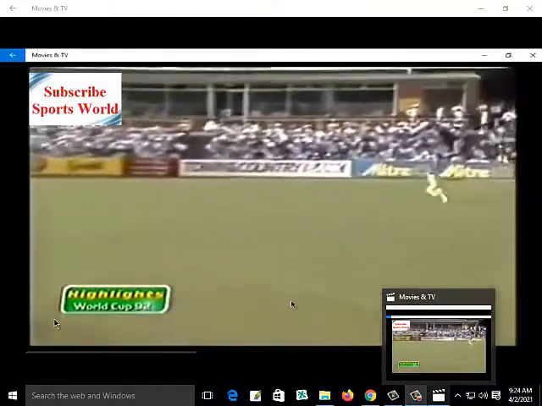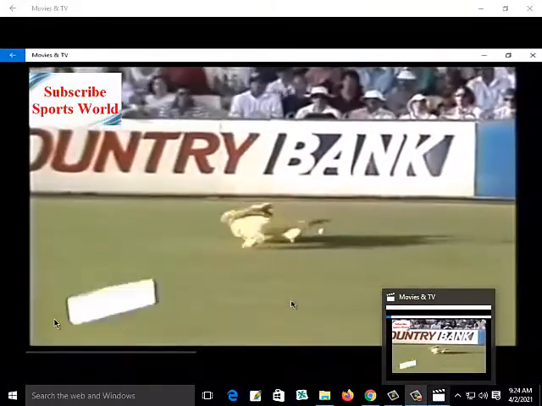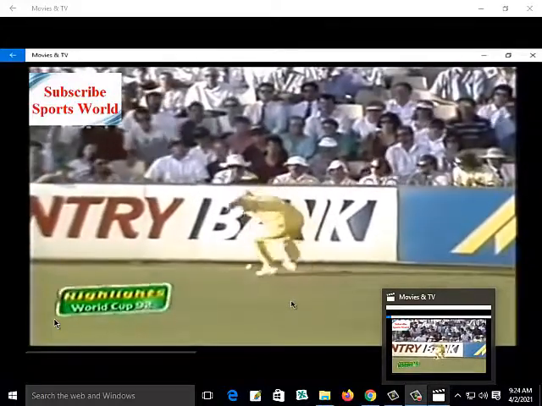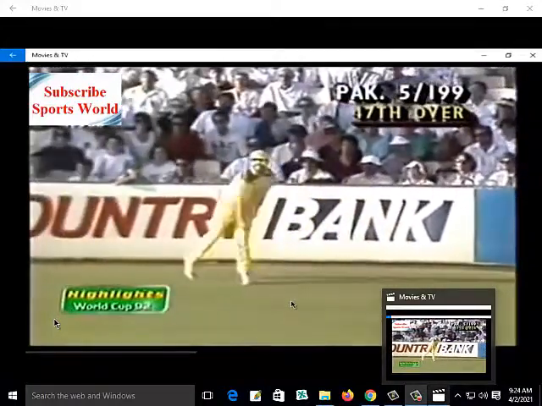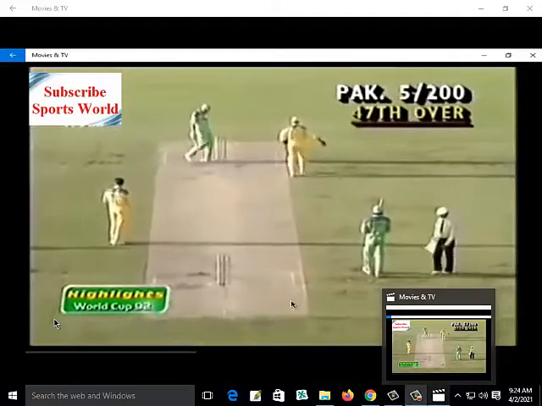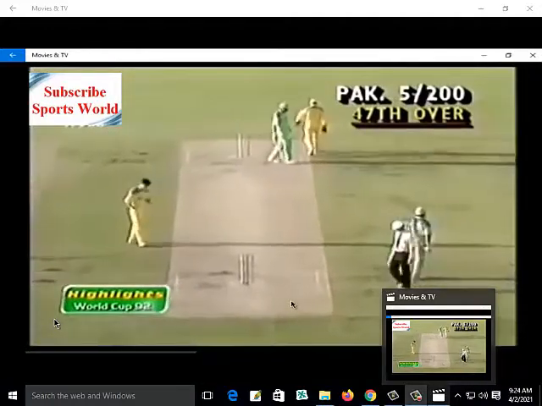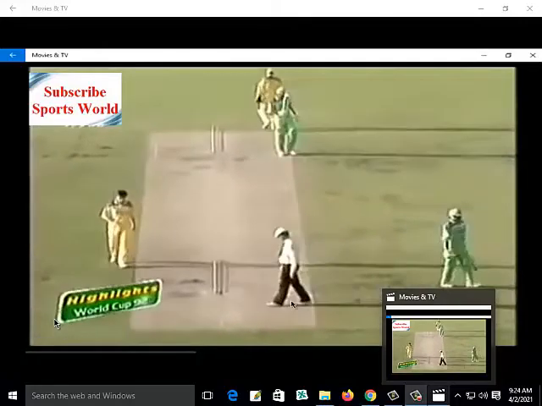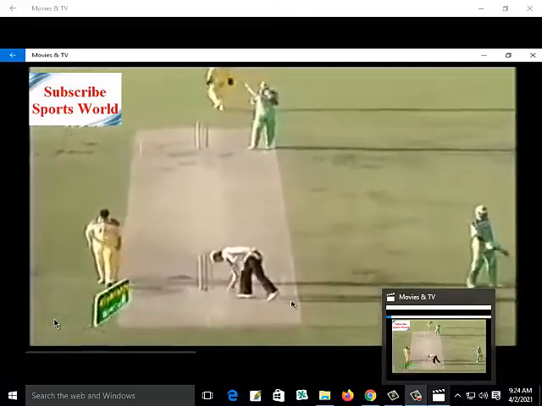Well, good shot, but he won't beat the man down there. Or maybe he does. No, he doesn't. Great effort. McDermott with a good arm fires it back. Good save. Fast bowler in the outfield does a great job, Craig McDermott. It was absolutely speeding across the outfield, that shot.